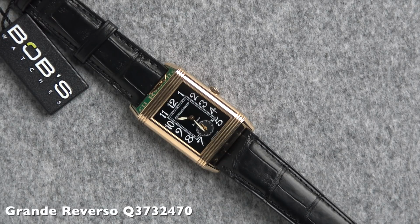Q3732470. Comes in this stunning 18 karat rose gold case. I would say this has more of a yellow warmth to it instead of a very pink gold look like you do get on some rose gold watches. We have a 30mm case from side to side. With it being a rectangle, it's a